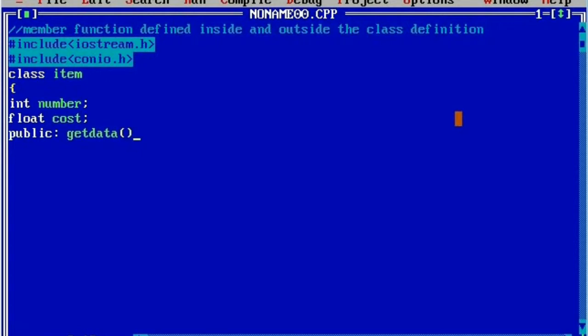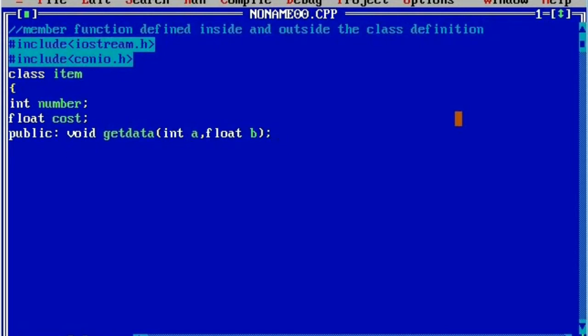I'm going to declare it with return type void, and in the argument list I'm going to take int a comma float b, put semicolon. So this indicates it is a declaration of a function.